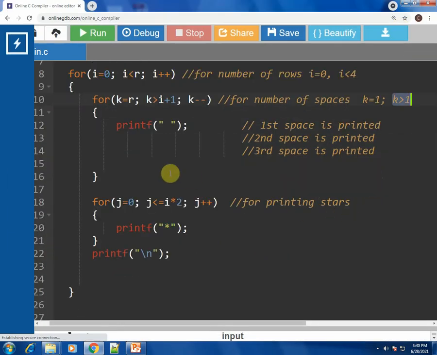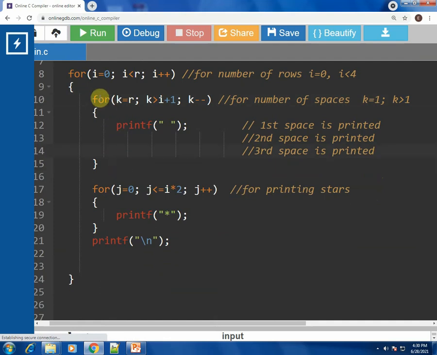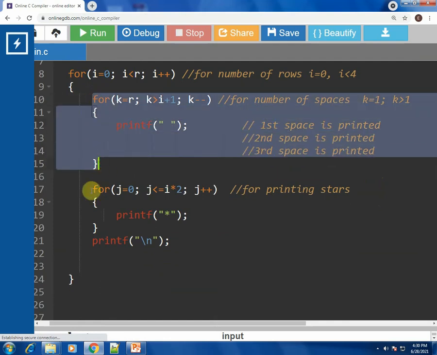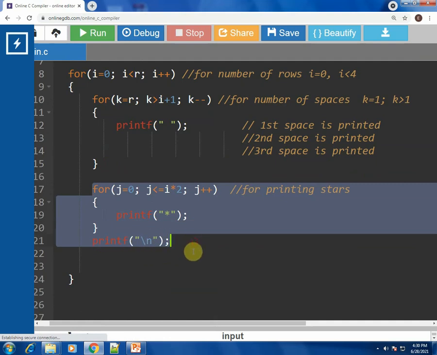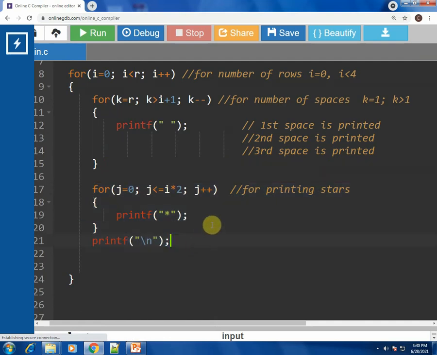After this the K loop will be done. You're no longer going to be executing the K for loop. Now you will be executing the J for loop. What the J for loop does is it prints the asterisk sign. First of all, J will be equal to 0, and you have to check: is J less than or equal to I into 2?